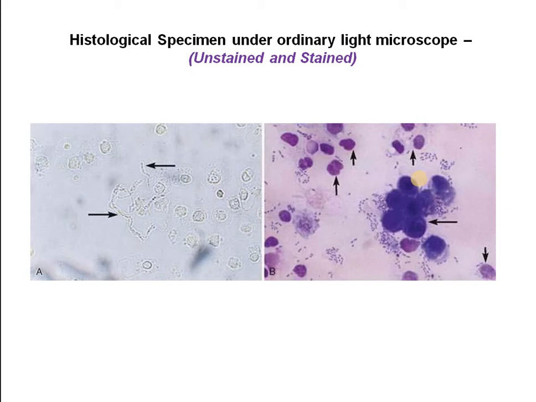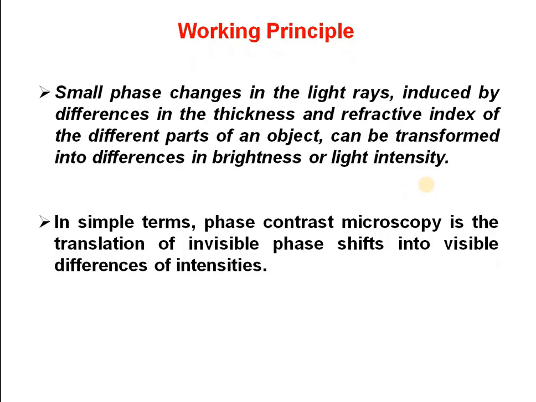So thus staining is essential to create a contrast in an ordinary light microscope. Moreover, an unstained specimen cannot be observed through an ordinary light microscope. So there are different studies where the living cell can be visualized with the help of the phase contrast microscope. This phase contrast microscope was first invented by a Dutch physicist, Fritz Zernike, in 1934, and he received the Nobel Prize in Physics for his invention in the year